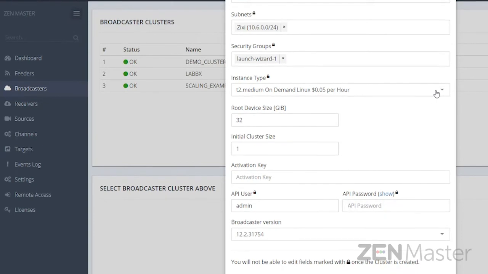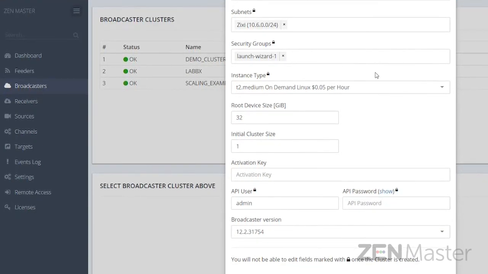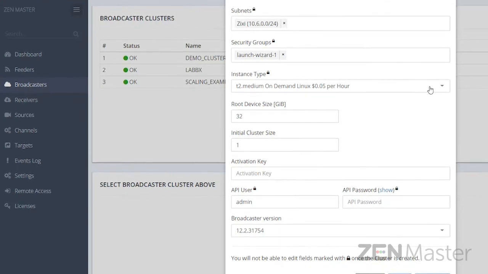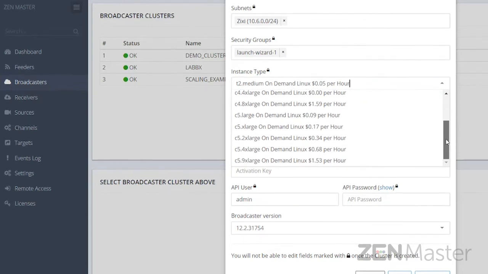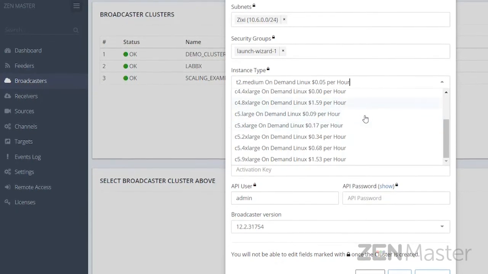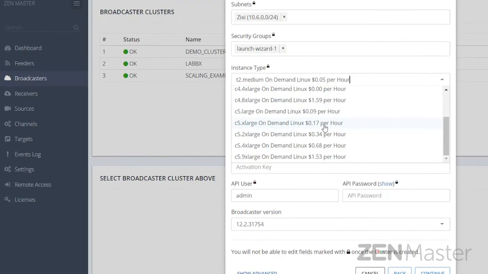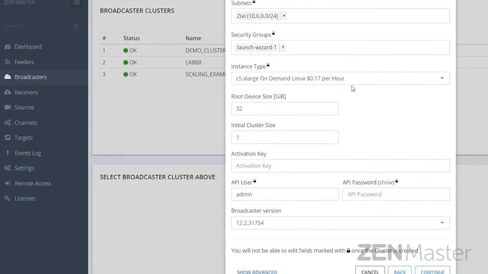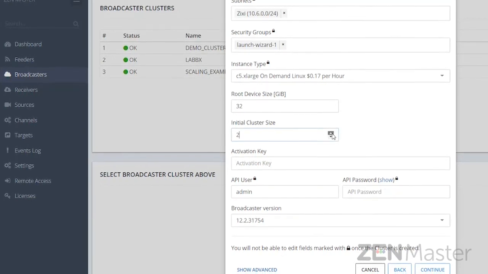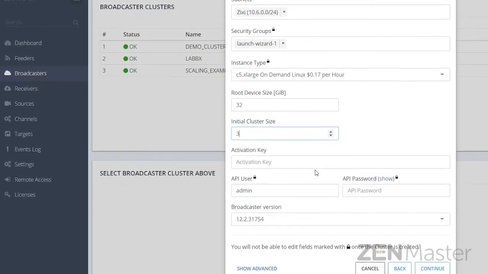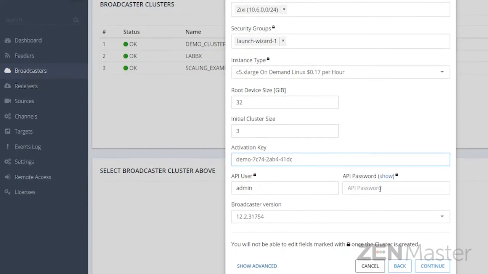So Amazon provides many instance types, some of which are not suitable for running Zixi broadcasters or streaming video, but here we've provided a cut-down list for the exact instance types that are optimized for Zixi's platform. I'll select a C5 large here. We can see dynamic live pricing coming back from AWS. Because I want some redundancy, I'll put 3 broadcasters in this cluster. Apply my license key, set the default password,